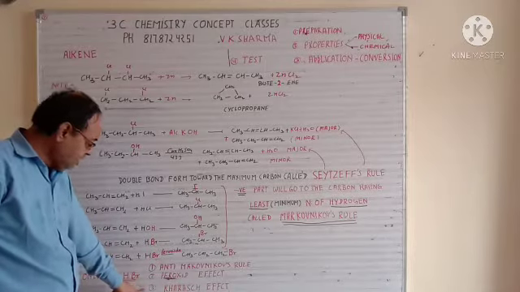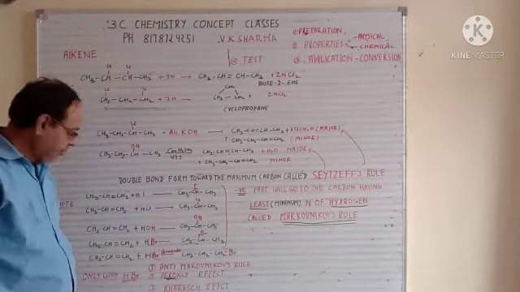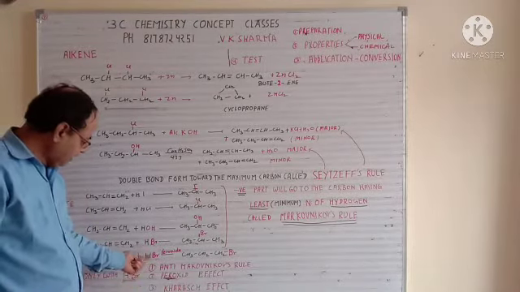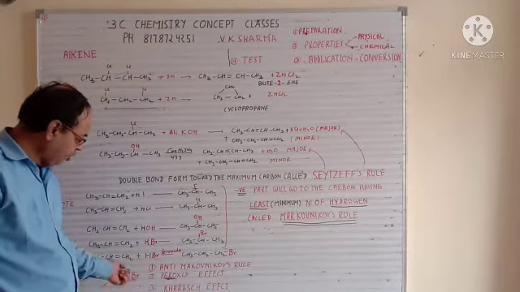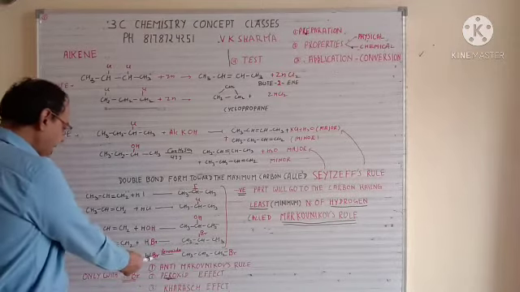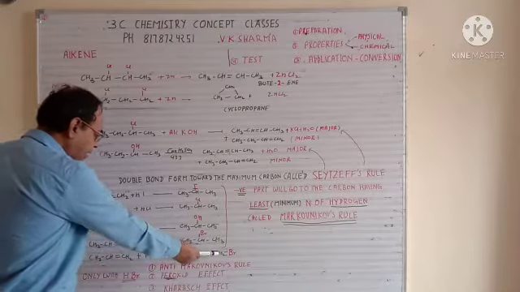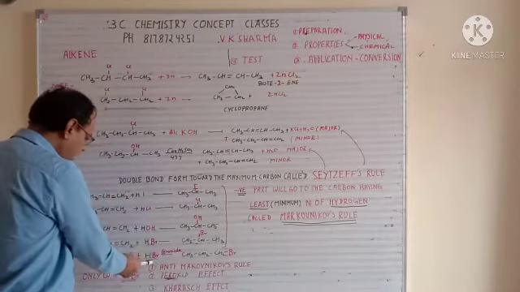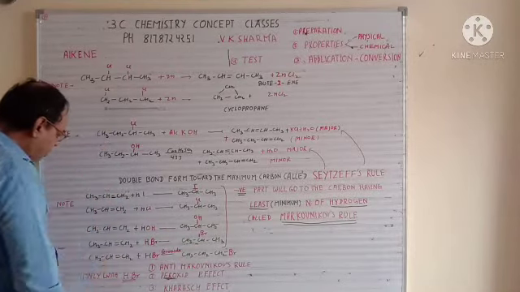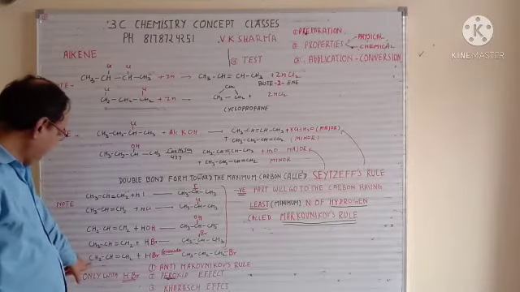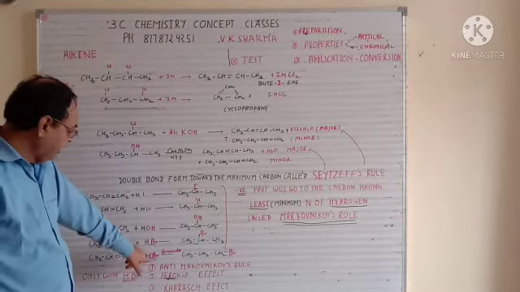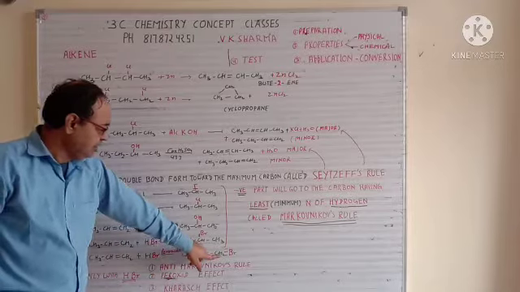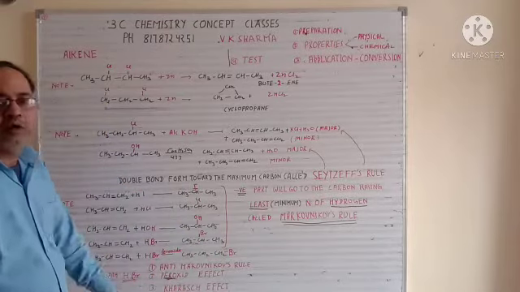It is also known as the Kharasch effect. It means one concept has three names. So this is the anti-Markovnikov rule, peroxide effect or Kharasch effect. In this case you will get a product. This Br will go to the carbon with the maximum hydrogen, or this H will go to the carbon having the least number of hydrogen. So propene with HBr and peroxide will give you CH3CH2CH2Br. So this is your anti-Markovnikov rule.